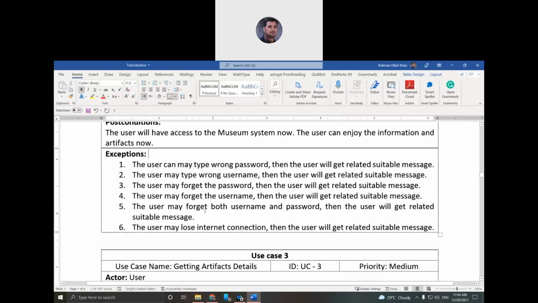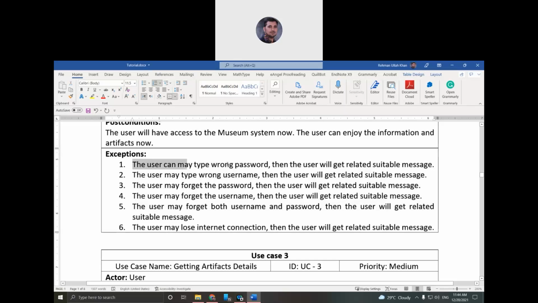Okay, these are the possible exceptions. The user may type a wrong password, then the user will get a proper message, or the user may type a wrong username, or forget the password, or forget the username, or forget both of them. Why are we mentioning these possible errors?